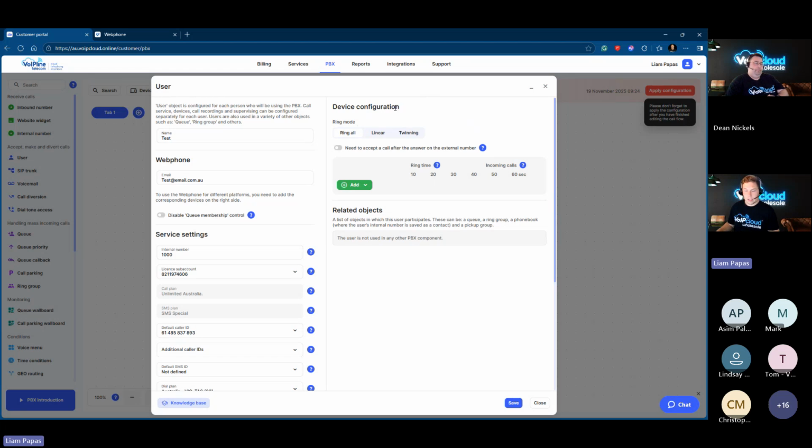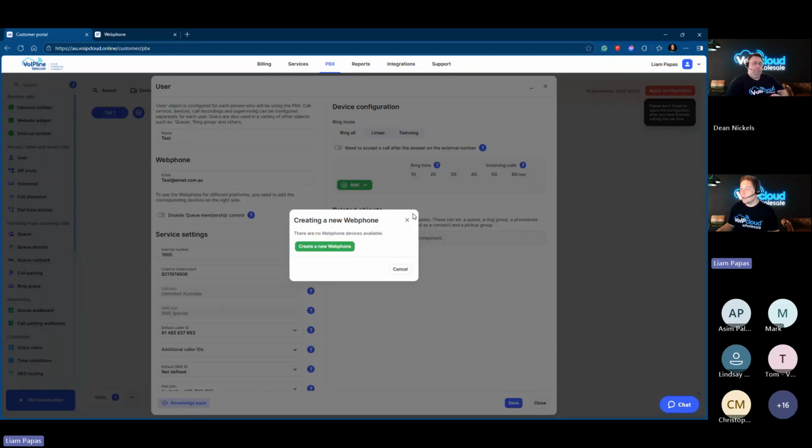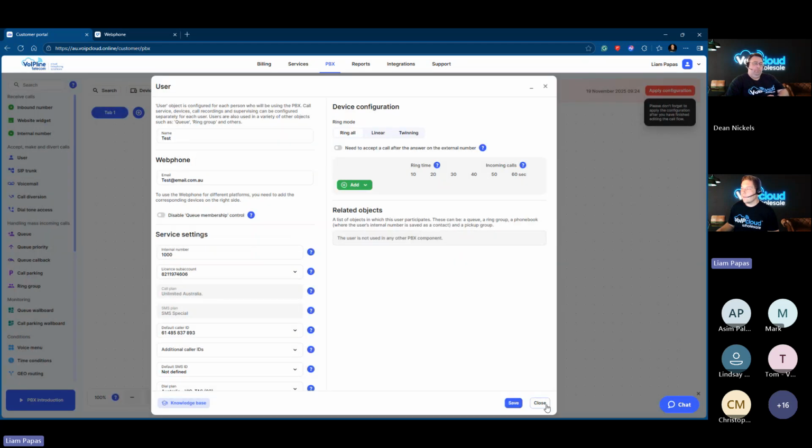Now your device configuration. So this is where you'll set up those devices that you want your user to have. So if you've given the user one device license, you can choose for them or they can choose from one of the devices here. If you wanted to use our web phone, which is our in-house built application, we have a license for mobile, we have a license for desktop, and a license for browser. You just select one of these. If you do not have one created already, the system will prompt you to create one. And following through these prompts, you'll be able to add it to your user, click Save, and then you can